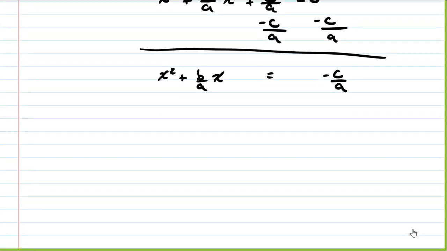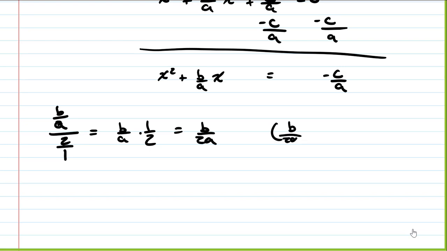So then to complete the square, you take half of your middle term and you square it, so that's b over a times 1 over 2, which is b over 2a. And then he squared b over 2a, just like we did in our completing the square, and added it to both sides. So we have x squared plus b divided by a x